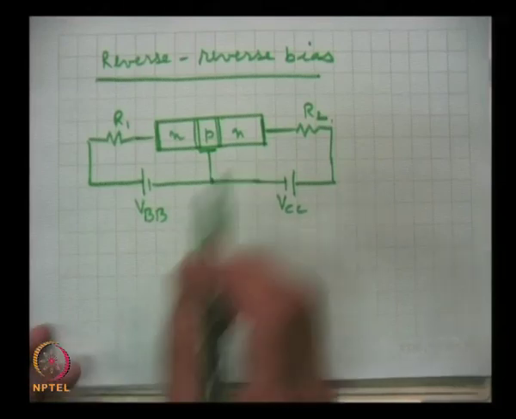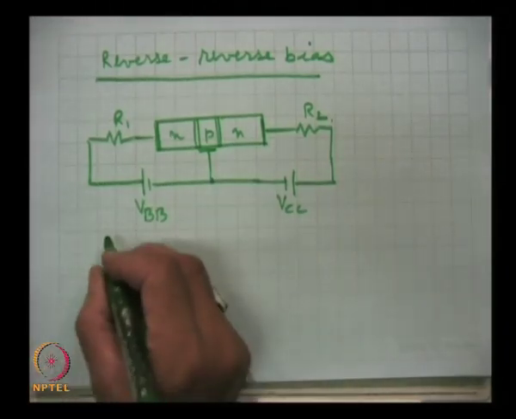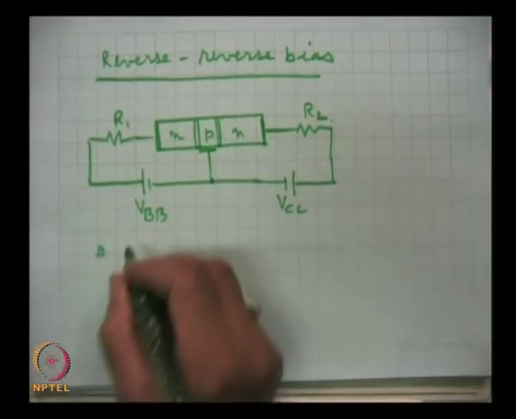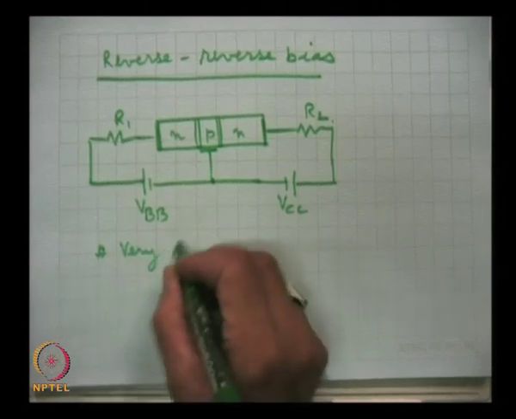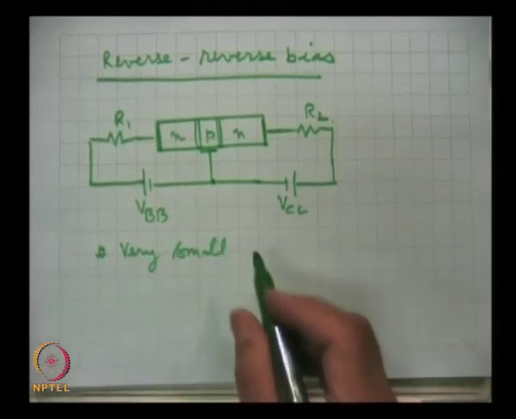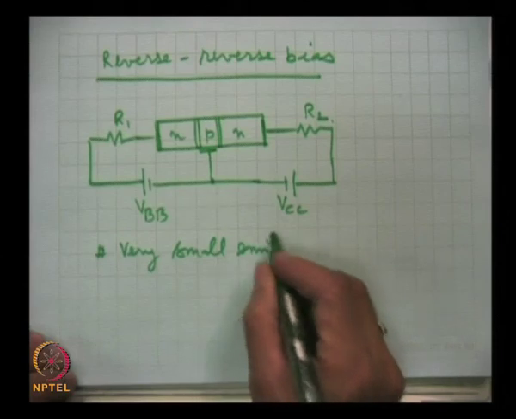Such minute currents arise because of thermally generated charge carriers in and near the junction, and they constitute what is known as reverse saturation current. So, what we will get here is a very small emitter current,